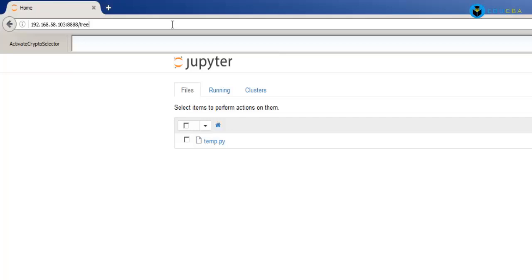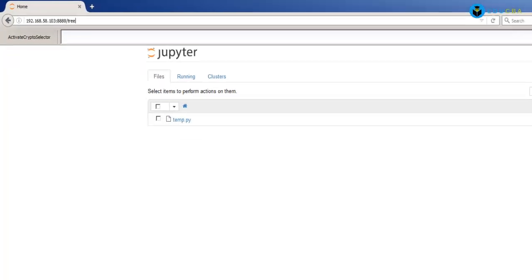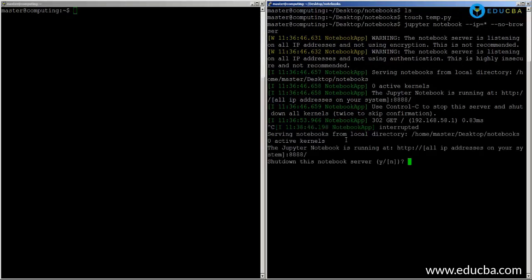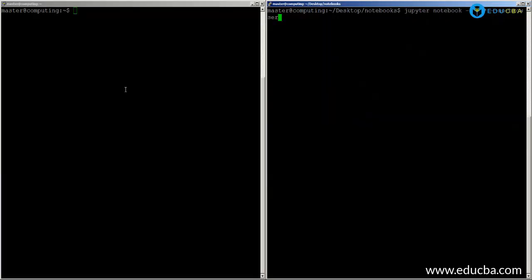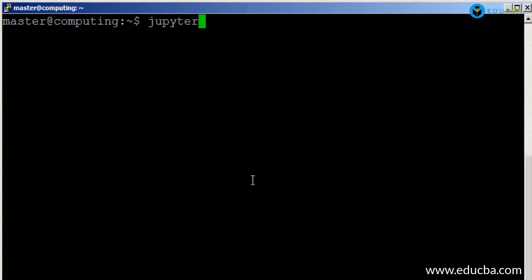We don't want that. We want a secure environment with the password. So we will be taking a look at how we can go ahead and do that. I'll just stop this for the time being, and I'll just keep it over here. And on my other terminal, I'll just type Jupyter notebook,